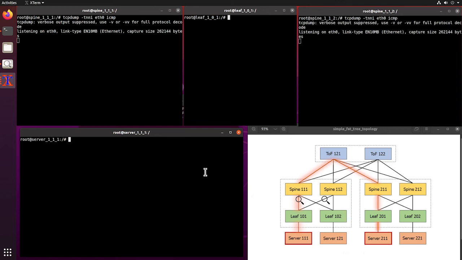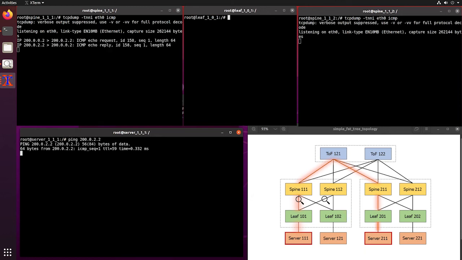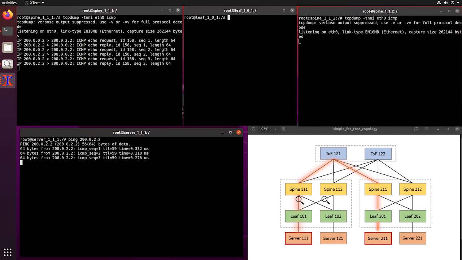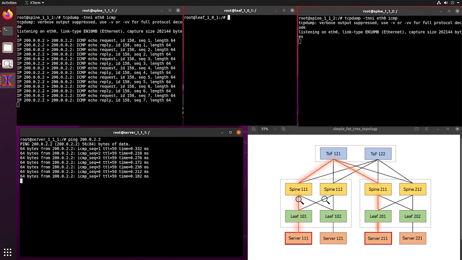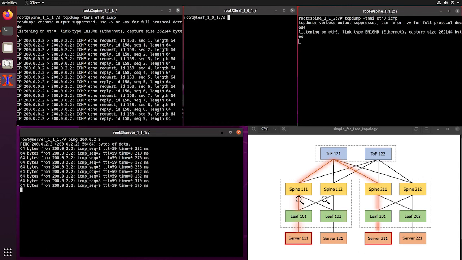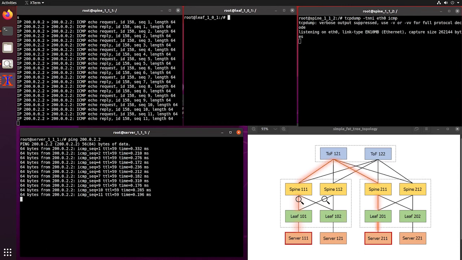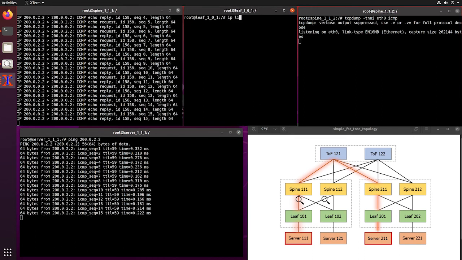Now I perform a ping from server 111 to server 211. As you can see, the traffic is forwarded to spine 111. Now I shut down the interface of Leaf 101 facing spine 111.